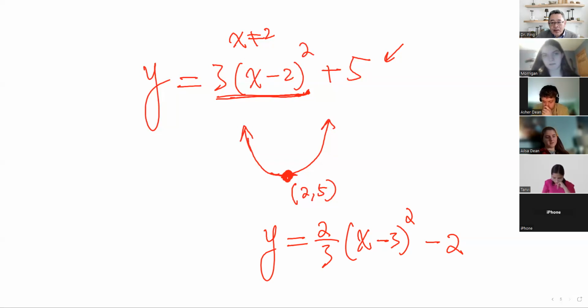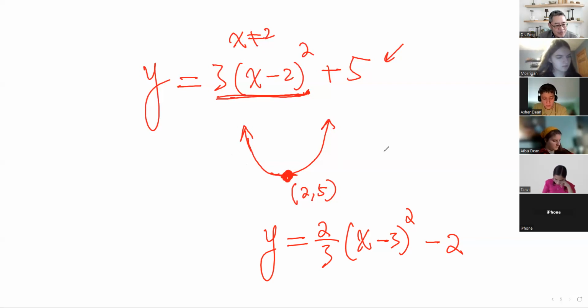Sorry, I'm confused. Oh yeah, isn't it the equation like y equals ax2 plus bx plus c or something? Yes,